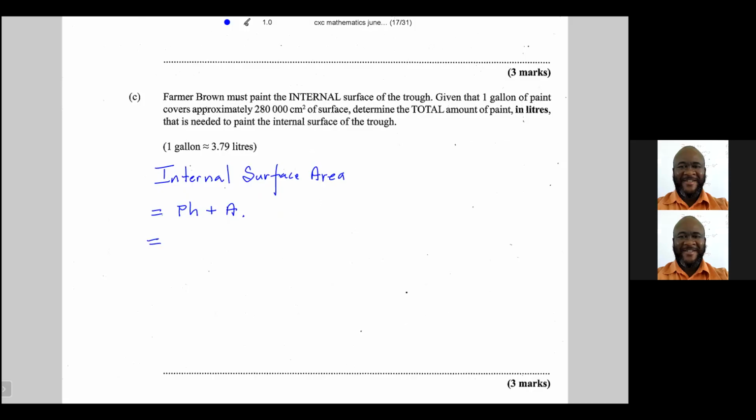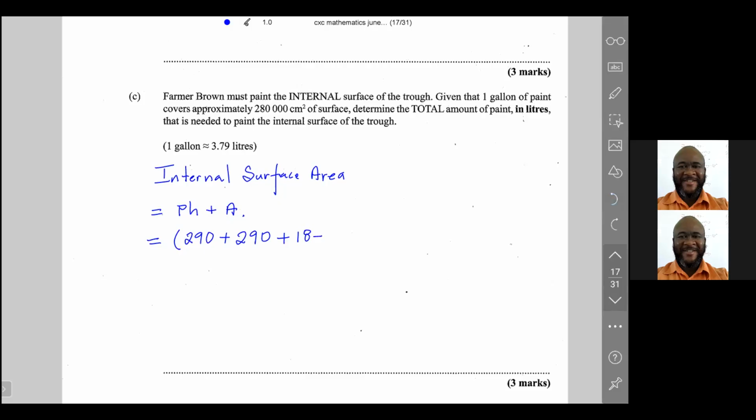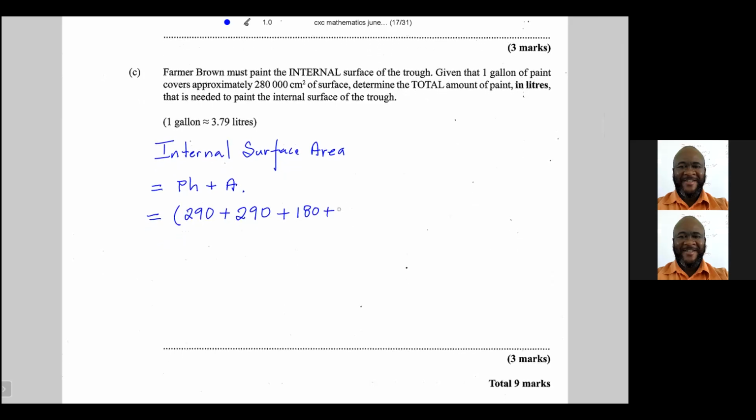PH would be the perimeter of the internal base, which would be 290 plus 290, that's two sides of length 290, plus 180 plus 180, times the internal height, which is 155,